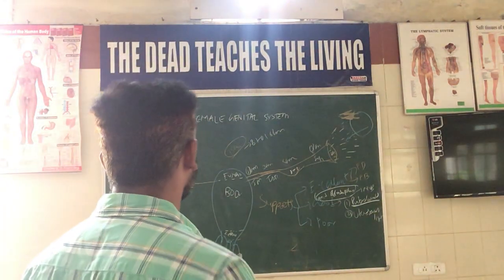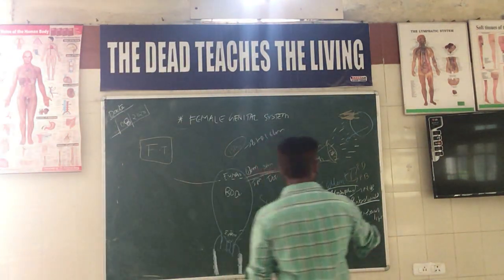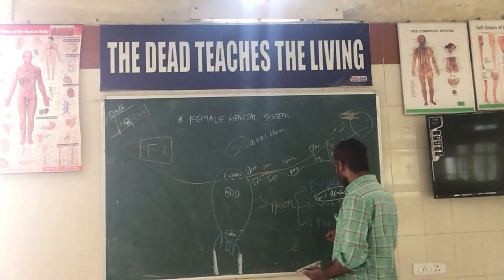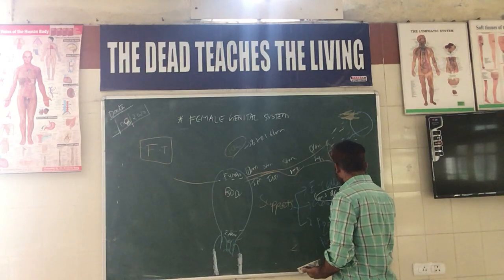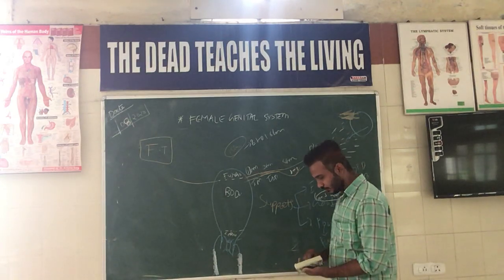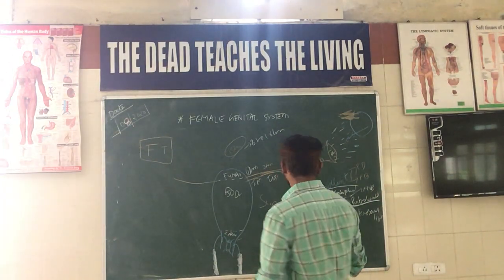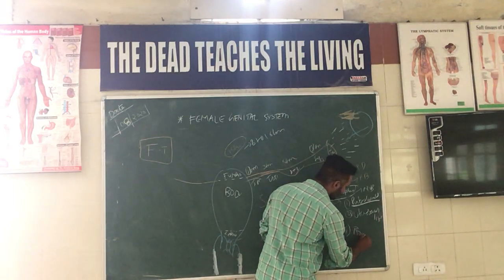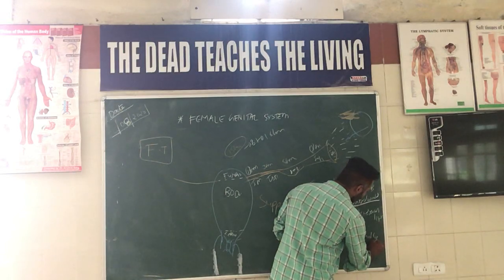So the good supports are supracervical ligaments and uterosacral ligaments, while the poor supports are nothing but the peritoneal folds. There are two peritoneal folds which are poor supports. That is nothing but the broad ligament, the broad ligament of the uterus.